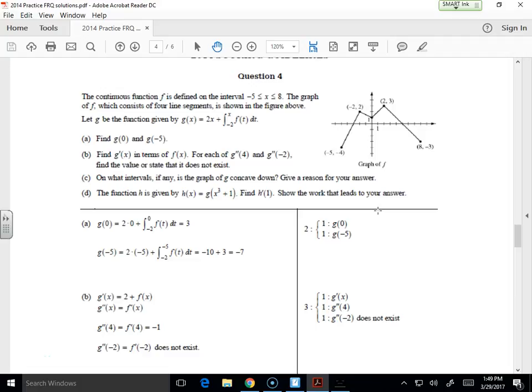I even tell you how to go back to the graph and think about it in the sense of: use areas to solve the integral, use the points to find the f values, use the slopes to find the derivative. If any of you really struggled on 3 and 4, I would take a picture of that for letter C, number 3. Take a picture of that for number 4.